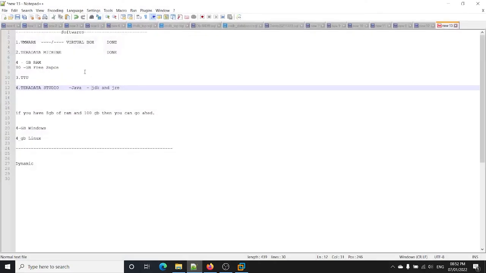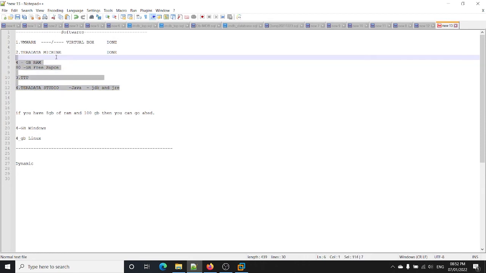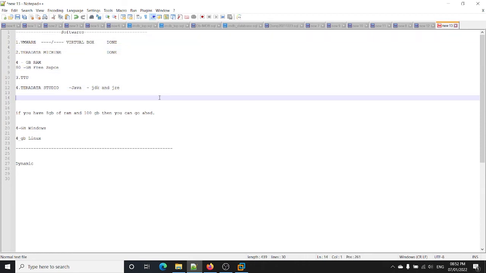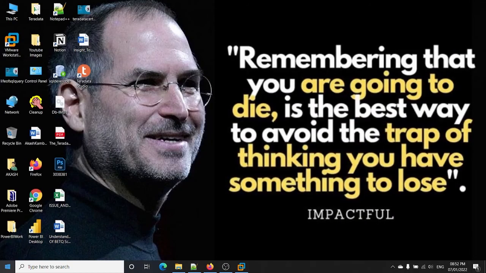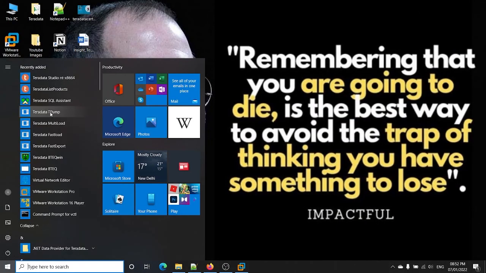What we have done is we have installed these four software over the last 20 to 30 minutes, and let's see those software as well. You can see all of those software here. We have installed our VMware Workstation. This is the VMware Player. This is VMware Workstation Pro.